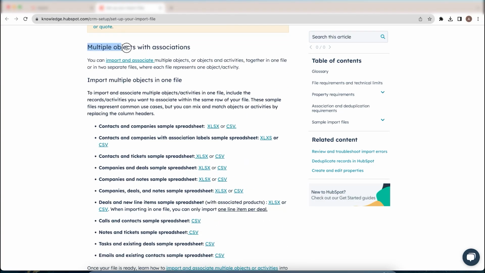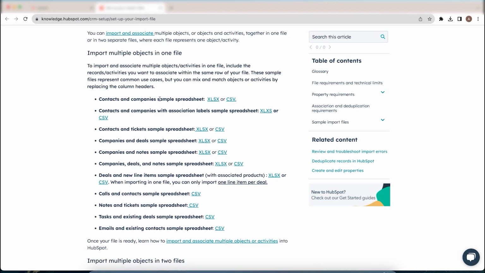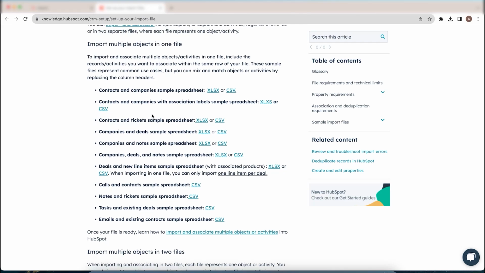So there is another functionality, which is importing multiple objects with associations. It allows you to keep track of a combination of objects within HubSpot. Let's say for us, currently, if we're considering the case, the most relevant would be that we want to keep track of the calls which have been made to some contacts. So we want to ensure that both the calls and the contacts data is available collectively. For that,